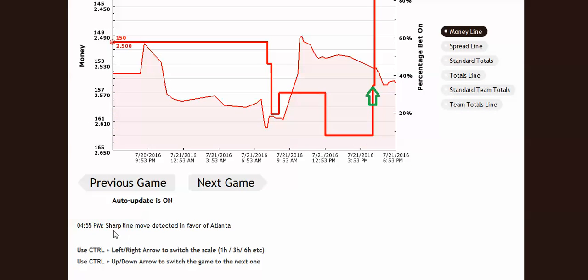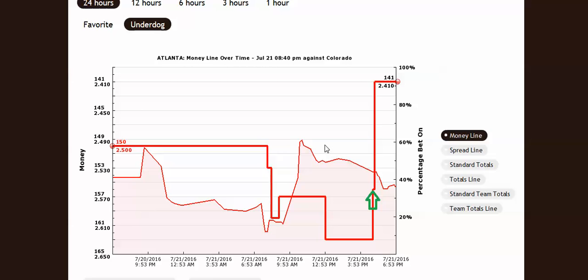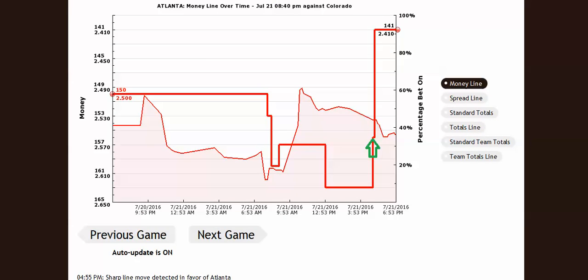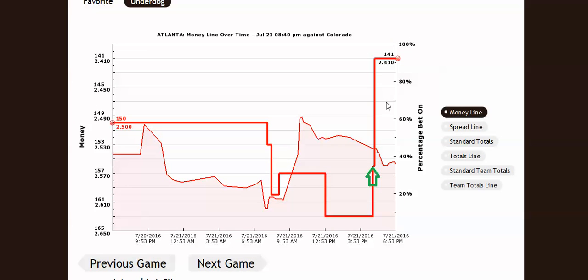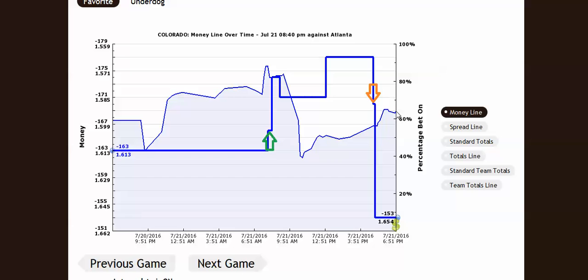Sharp line at 4:55 p.m. Move detected in favor of Atlanta. So if you wanted to read into that and you had to place a bet right now based just on this, it would be smart to take Atlanta, because you're going with the sharp money movement. You're going with the Vegas side, 35%, while the public thinks the Rockies are going to win. The public had 65% money on the Rockies, while we had this sharp line go against them with the smart